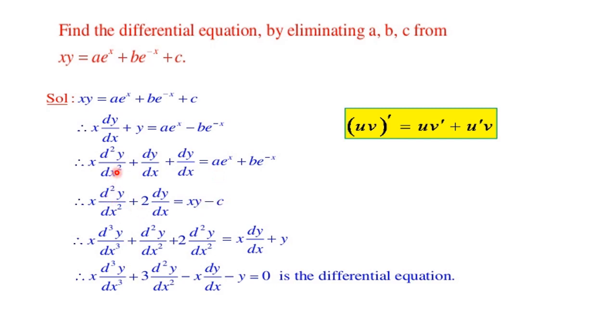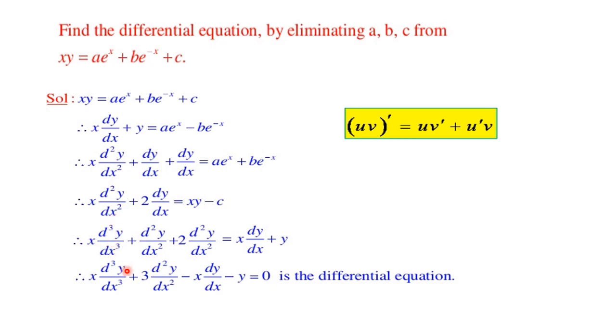So now we can write it as x into d square y upon dx square. We'll add both these equations. We'll get plus 2 dy upon dx is equal to x into y, because we know that a e raised to the power x plus b e raised to the power minus x can be written as xy minus of c. C is taken towards the right hand side. That means it can be written as xy minus of c. I hope it is clear that we have replaced this factor by xy minus of c. Clear? After that, simplifying this, we'll get x into,